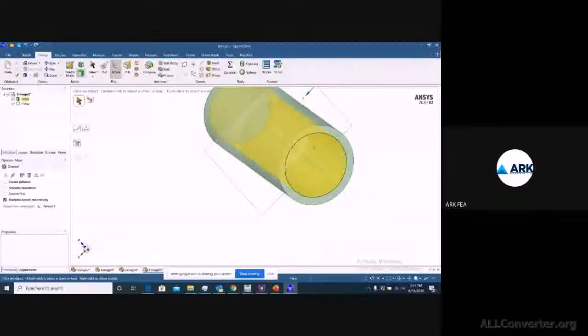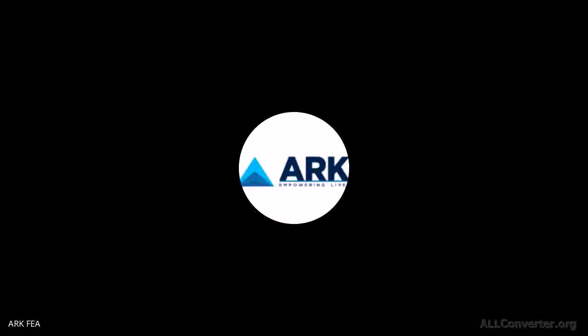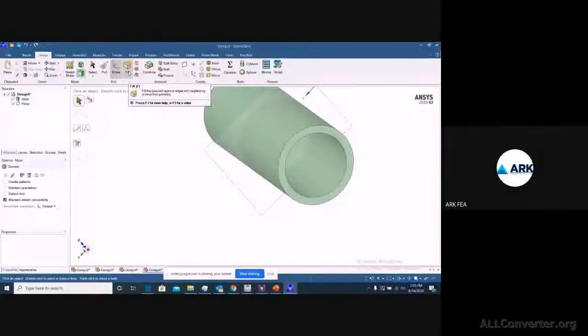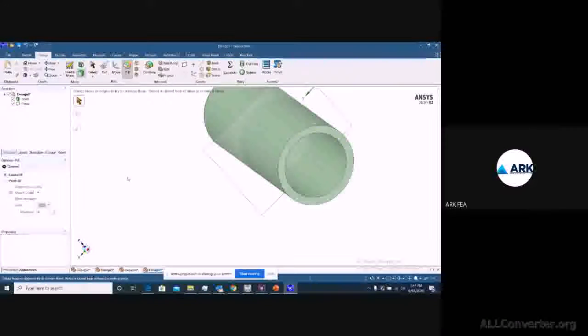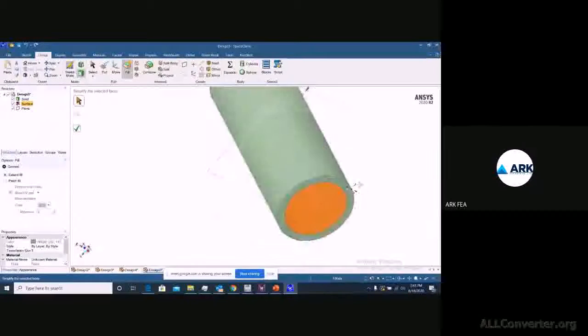So for a missing face, if we have to have a closed geometry here, you can go with fill. This will allow you to fill the selected one. You can select the surface and click the green check. Now you are able to see a surface existing here.